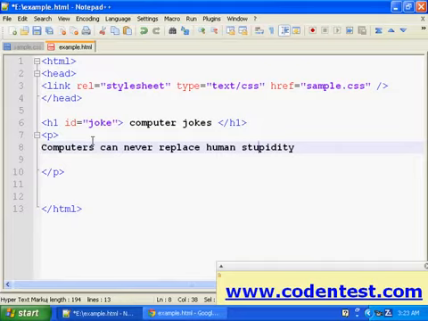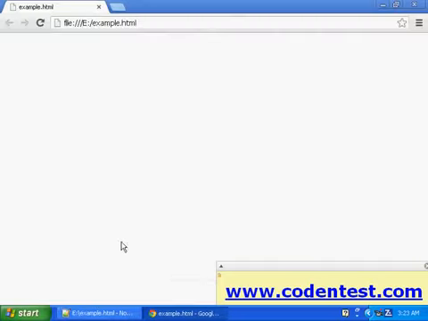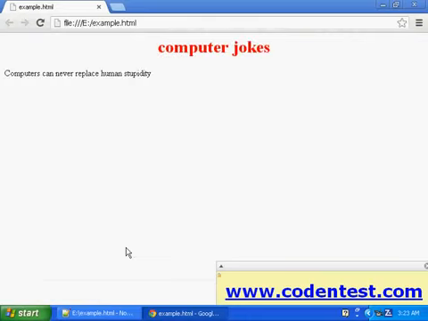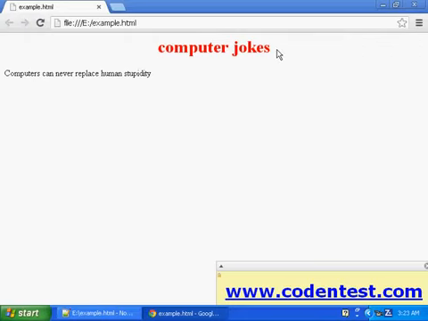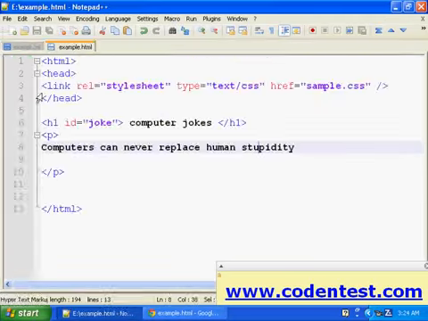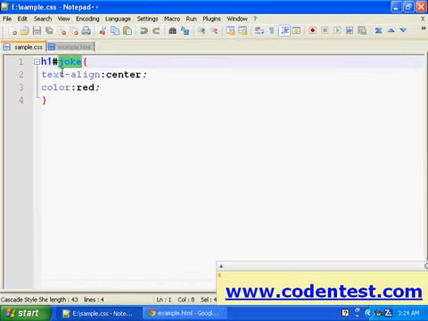I've saved that, and let me refresh it. See here, our heading h1 is centered and it's red in color. That is because our h1 is aligned center and it's red in color.